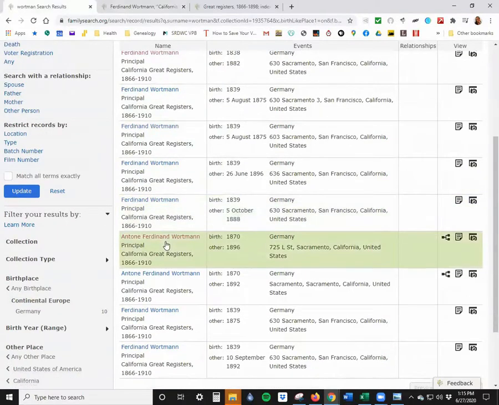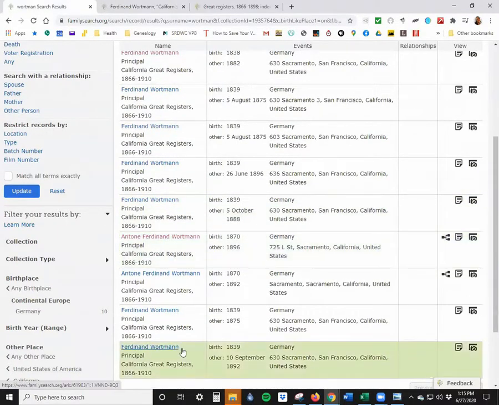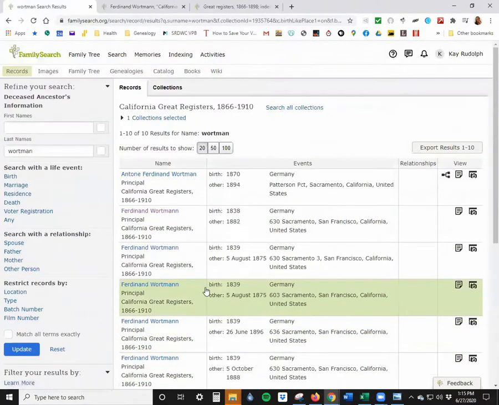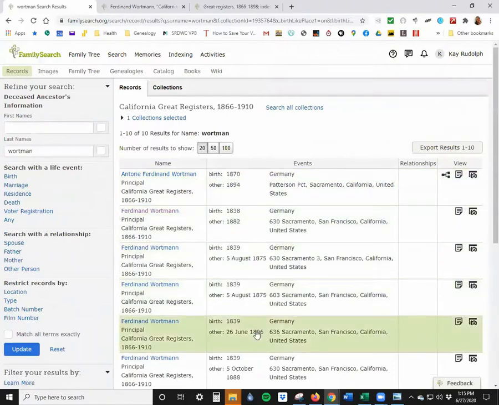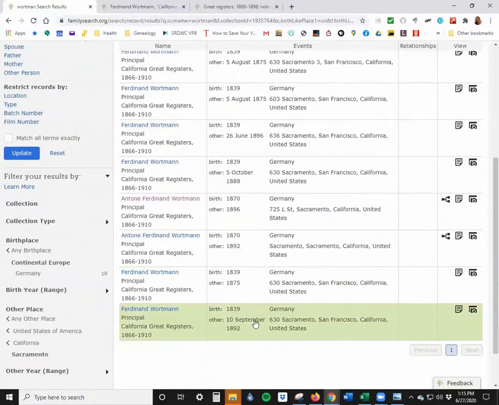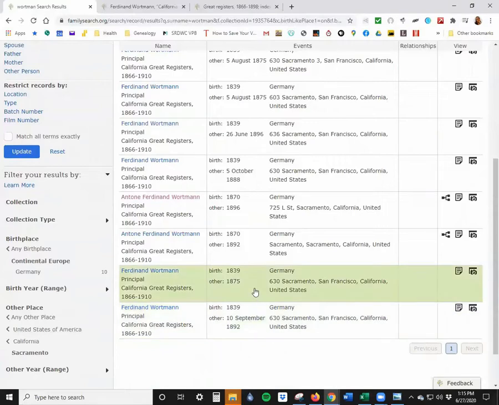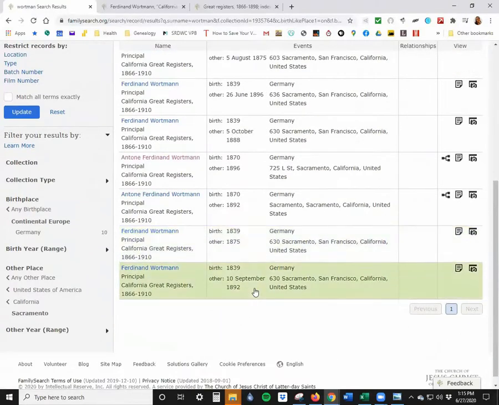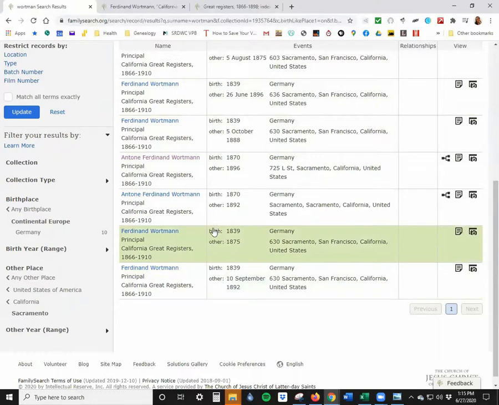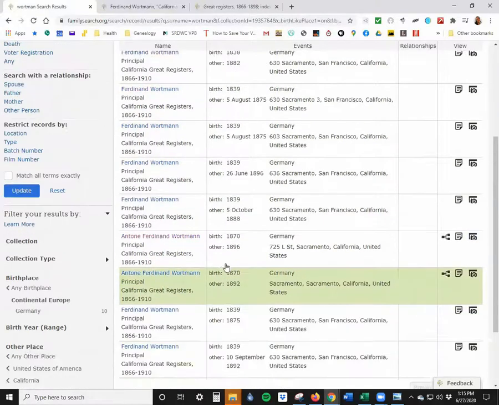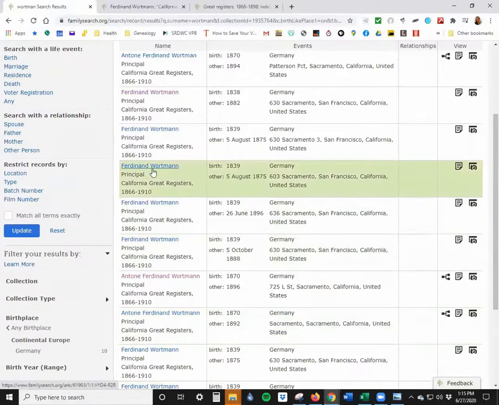Now here I'm just interested in, we've got 10 of them: 94, 82, 75, 75, 96, 88, 96, 92. So we do not see anything for 1900 here, but we do have that unindexed 1900 census. We do see him in